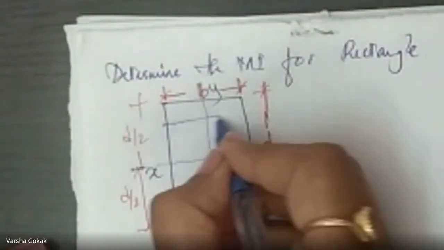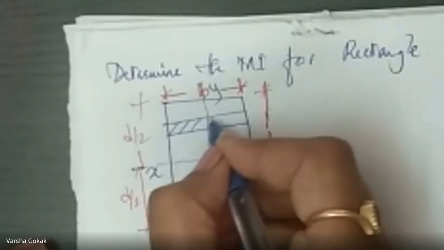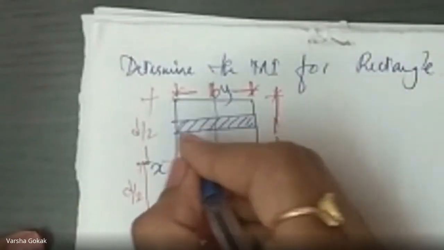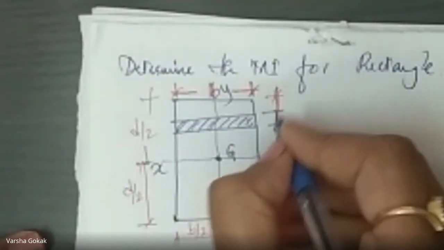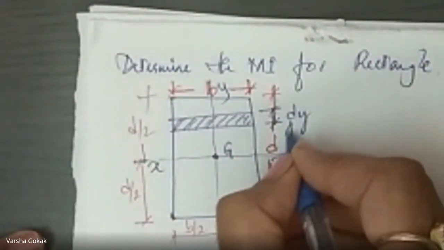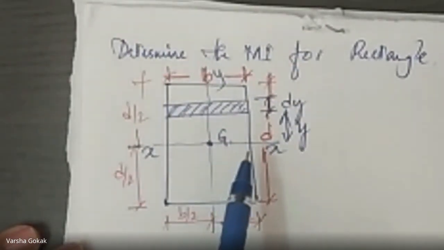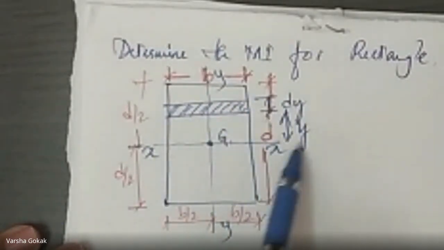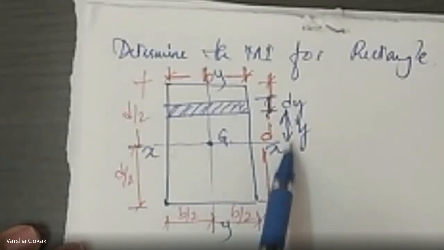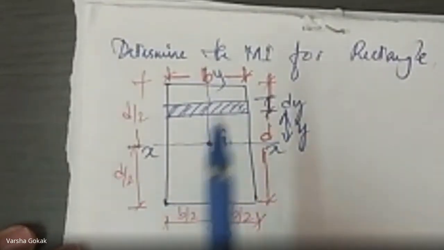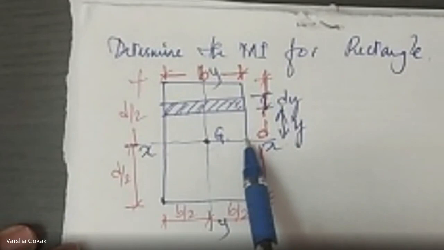And let us consider an elemental strip here like this, because they have told by integration, so I have to take an elemental strip and integrate, right? So let us consider an elemental strip of width dy, okay, of width dy at a distance y from the CG. That is why I said CG is important. If you don't know how to find the CG, moment of inertia goes wrong, because I need everywhere this CG and the distance of the CG from that particular area. So to locate, I should know where the CG is lying, right? So let y be the distance between this elemental area and the CG of the figure.